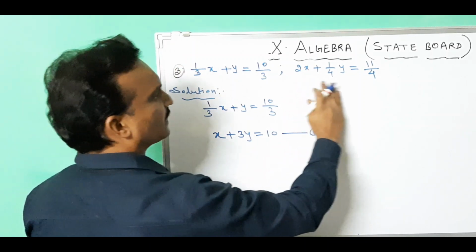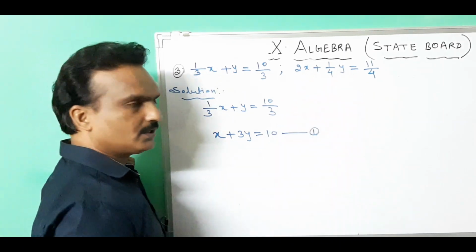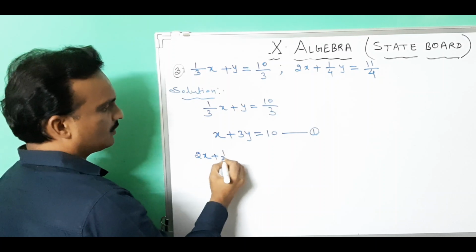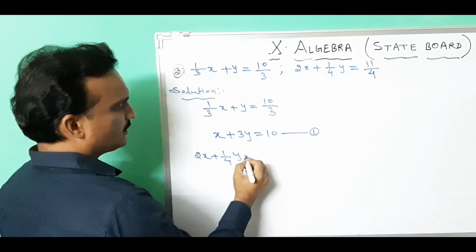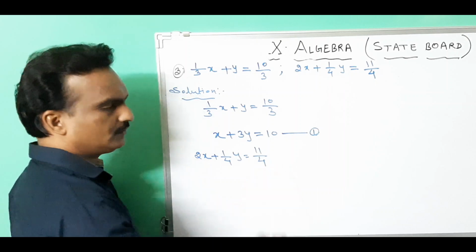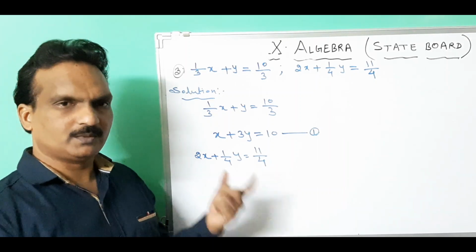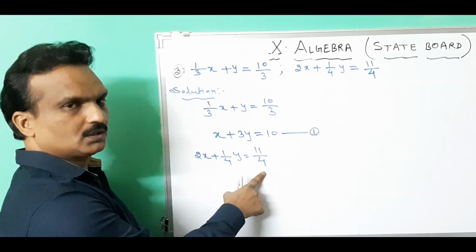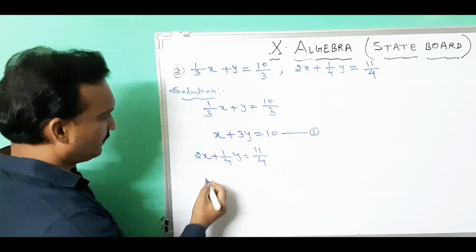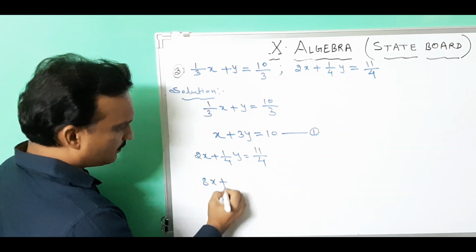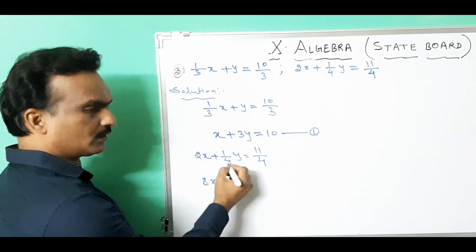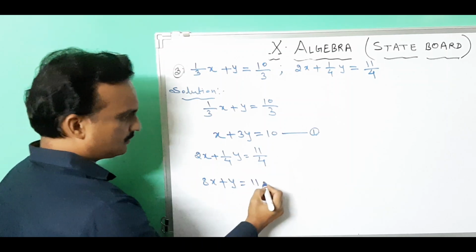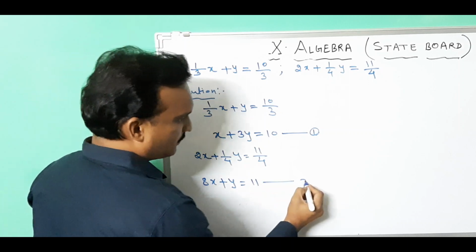Now second equation, इसको भी हम लोग easy करेंगे. Second equation ये है 2x plus 1 upon 4y is equal to 11 upon 4. इसको भी simpler way में present करेंगे. So in the denominator here you have 4. So multiply with 4. So what you will get? 4 2s are 8x plus multiply with 4, so 4 and 4 will get cancelled, y here, also 4 cancel, 11. So this is equation number 2.